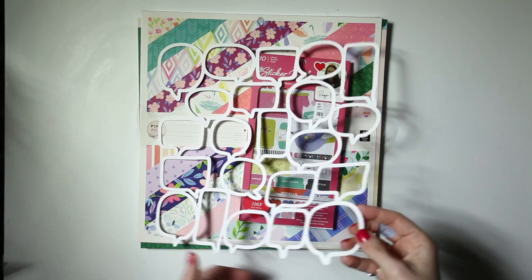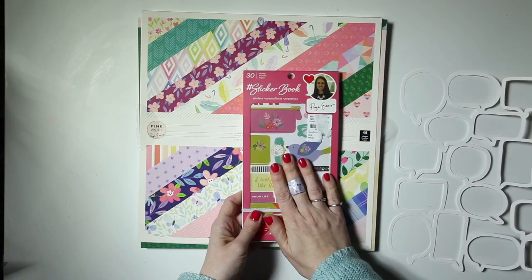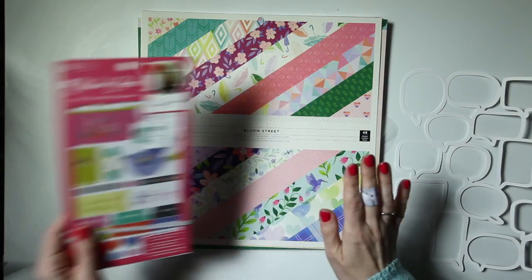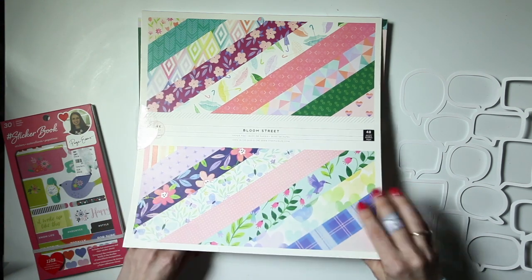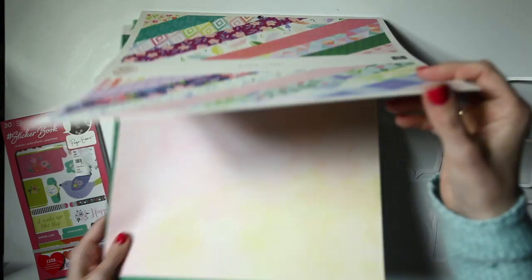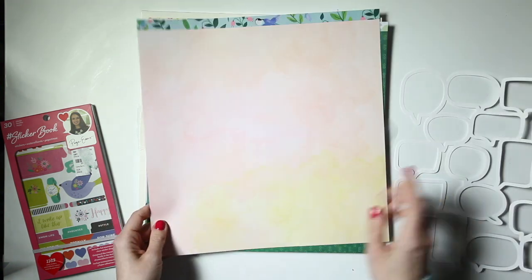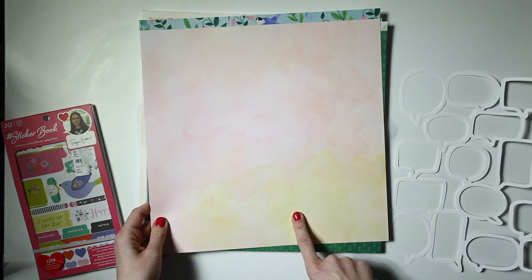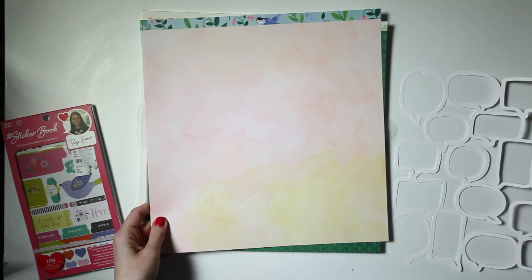But I've got this cut from just smooth white Bazzill cardstock. I use the sticker book for my title and my embellishments, and then two papers from this paper pad. My background is going to be this green. Love this really, really rich green. And then this one is what I plan to use in backing